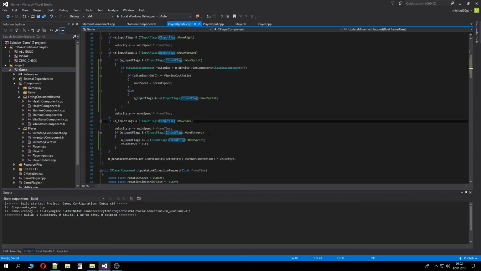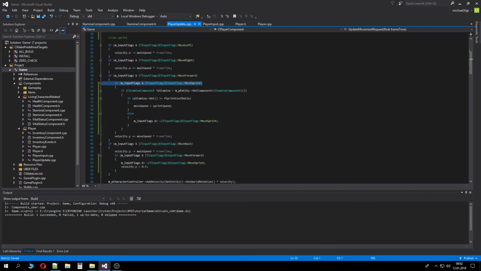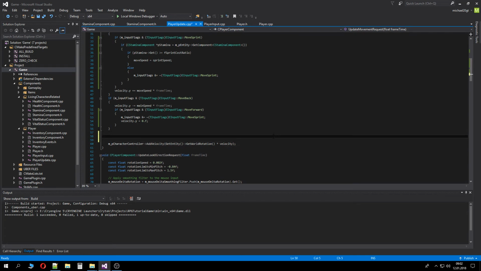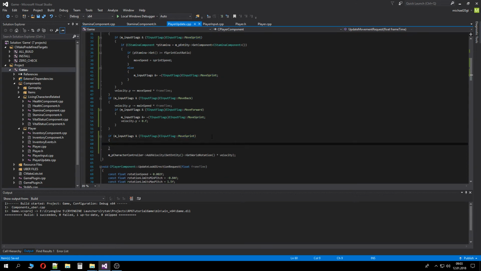So in the end, we will have to check before actually applying this velocity here. We'll check if he's actually sprinting, because if it doesn't have stamina, then it's gonna disable sprinting and here will be 0. So if he's sprinting, then